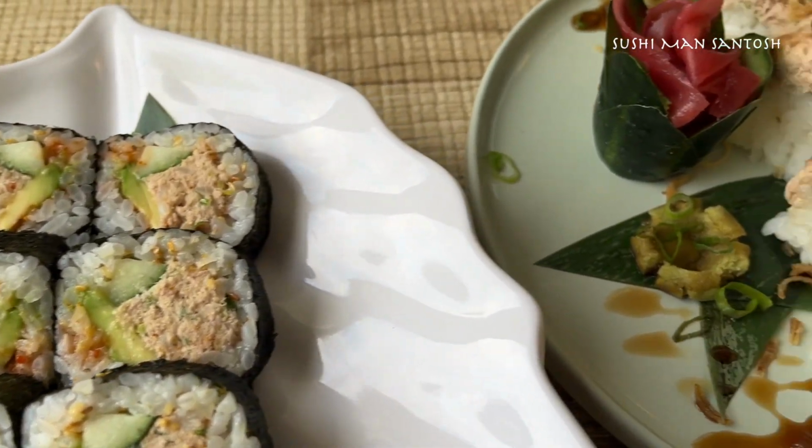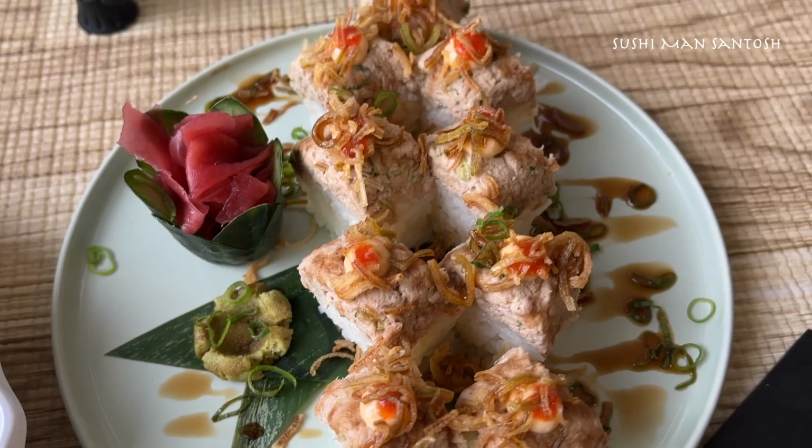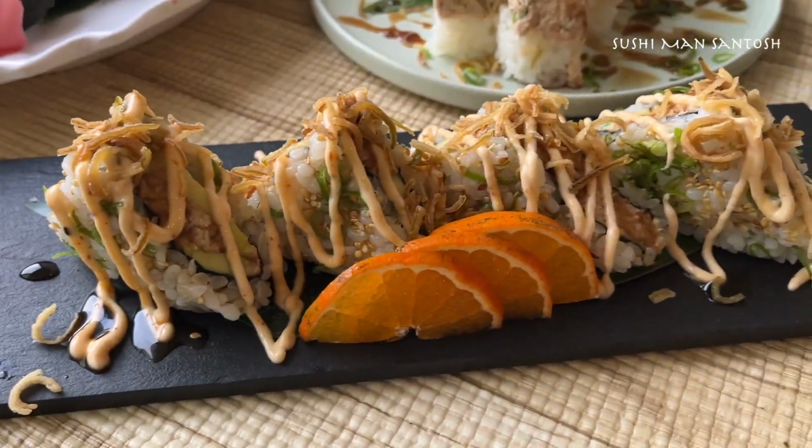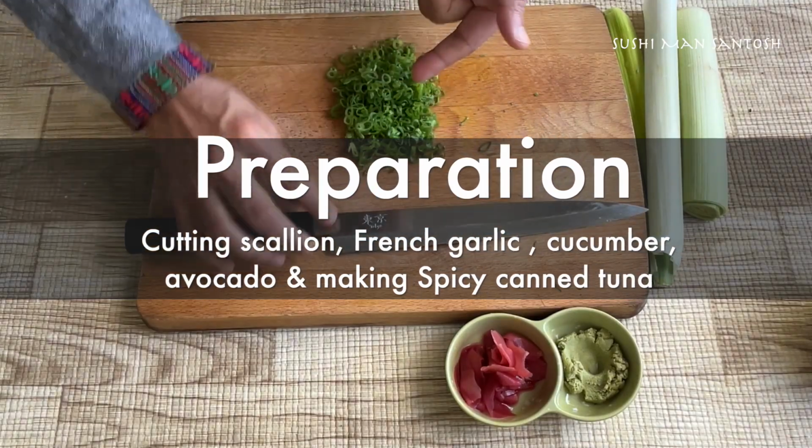I'm gonna teach you 3 different ways, so it will be easy, but trust me, it will be really delicious. I hope if you try it at your home, you're gonna love this. Green onions,